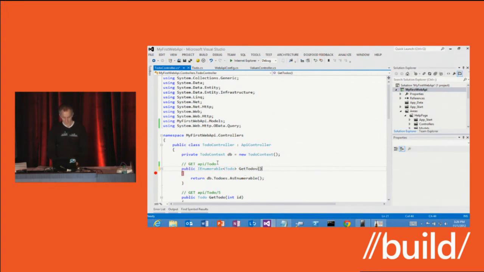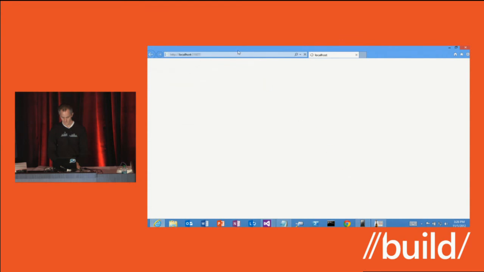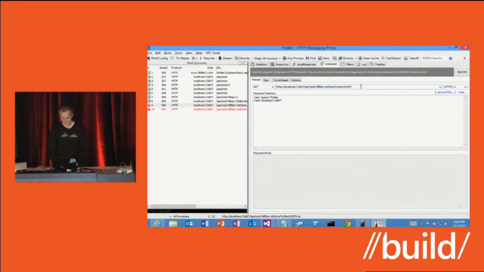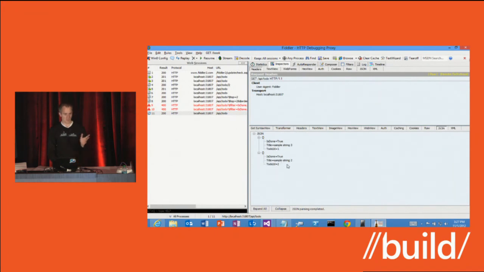All right. Last thing I'll show is, let me put back my queryable action filter. And this time, I don't want to return all the results. I only want to return some. So let's say result limit equals 2. Let me F5 that. So let's do a GET this time. And you notice I only get 2 responses. There's 3 to-dos in the database, but I've only got 2. That's because we applied the result limit.